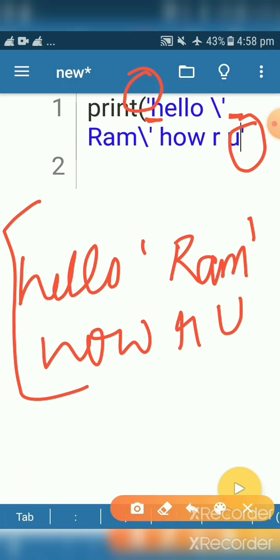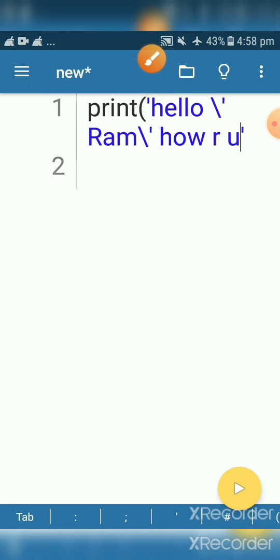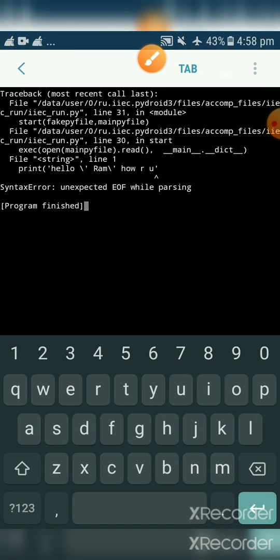Just 1 minute back I told you that that is invalid syntax, but with the help of this backslash I can use this. Let's see, run the program. How are you? One mistake I have done. Let me see what mistake I committed here.